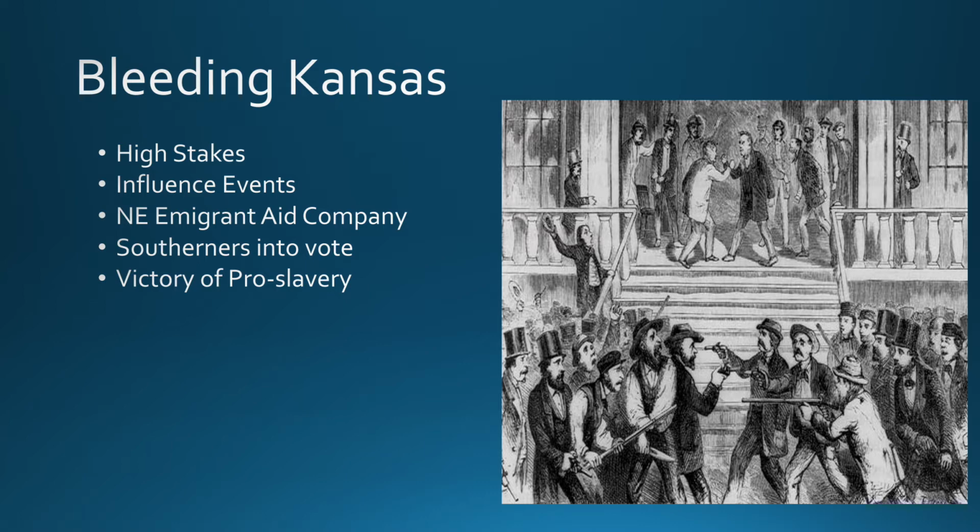So, as could be guessed, this is not going to be a situation that's going to be well accepted. Because of that, there are going to be two competing governments that arise in Kansas, both claiming legitimacy, yet neither one having the entire support of the state. So the pro-slave government will set themselves up in Lecompton, Kansas, and then the free state side will put themselves up in Topeka.